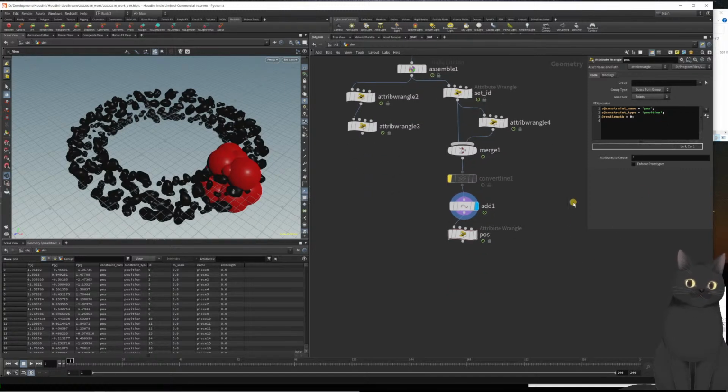So now we have everything to create our simulation in